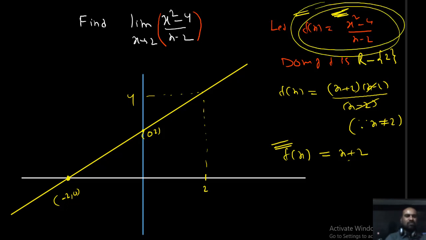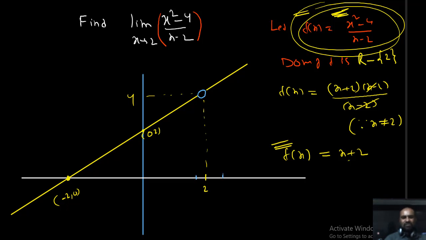That's why, to draw the graph of f of x equal to x square minus 4 by x minus 2, first of all I want to make a hole here. Now, students, listen. So this is the exact graph of x square minus 4 by x minus 2. The function is defined for all real numbers except 2, which means f of 2 is not defined here. But f of 2 minus is defined, and f of 2 plus is defined.